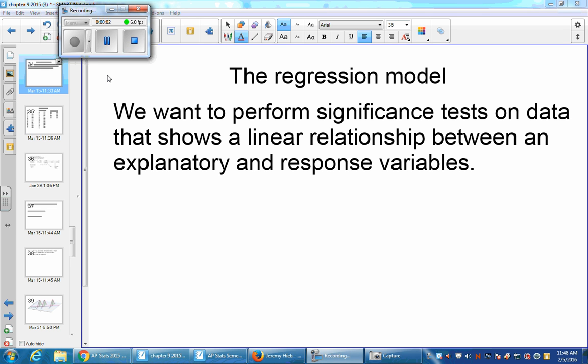Hello. Now we're going to turn to a regression model. In a regression model, we're going to perform significance tests on data that shows a linear relationship between the two variables. Now, we studied a whole chapter of regression model stuff, and that was chapter 2. And we're going to review a little bit and then show you a little bit more as we use significance